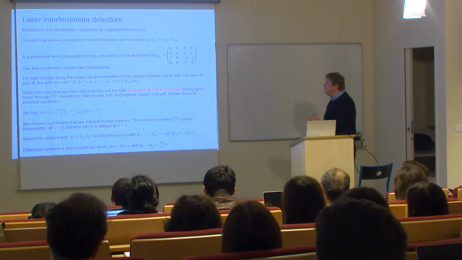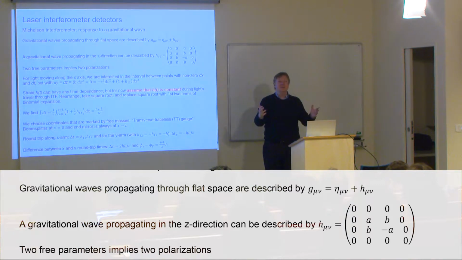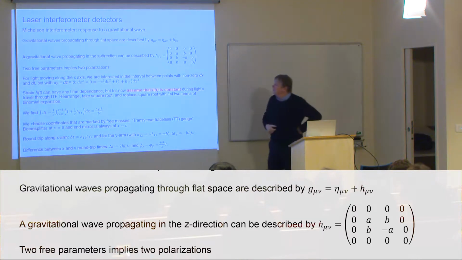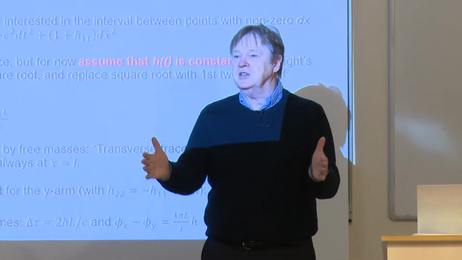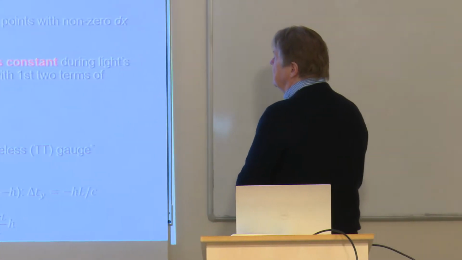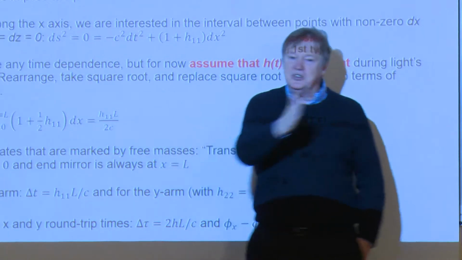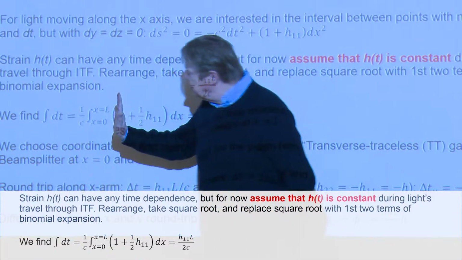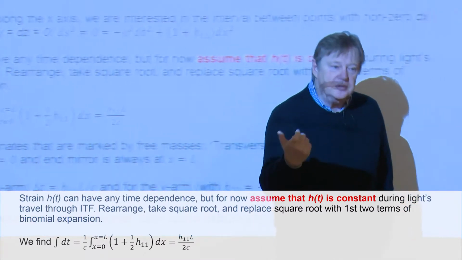Another thing that I would like to go through very fast, because I assume that you have seen it, is that gravitational waves are essentially space-time, and you can write your general metric like Minkowski plus this small deviation in the metric that we then call h, due to gravitational waves. And now assume that when you have the two mirrors, the gravitational wave effect is a constant effect there. So it's not frequency dependent. Then you can write the typical interval over here. You can rewrite that and look at the time that it takes to propagate between the mirrors, and then integrate this expression over here. And essentially what you see is that the time it takes, and essentially the time that the wavefront is taking through the arms, is proportional to the length and the size of the amplitude of the